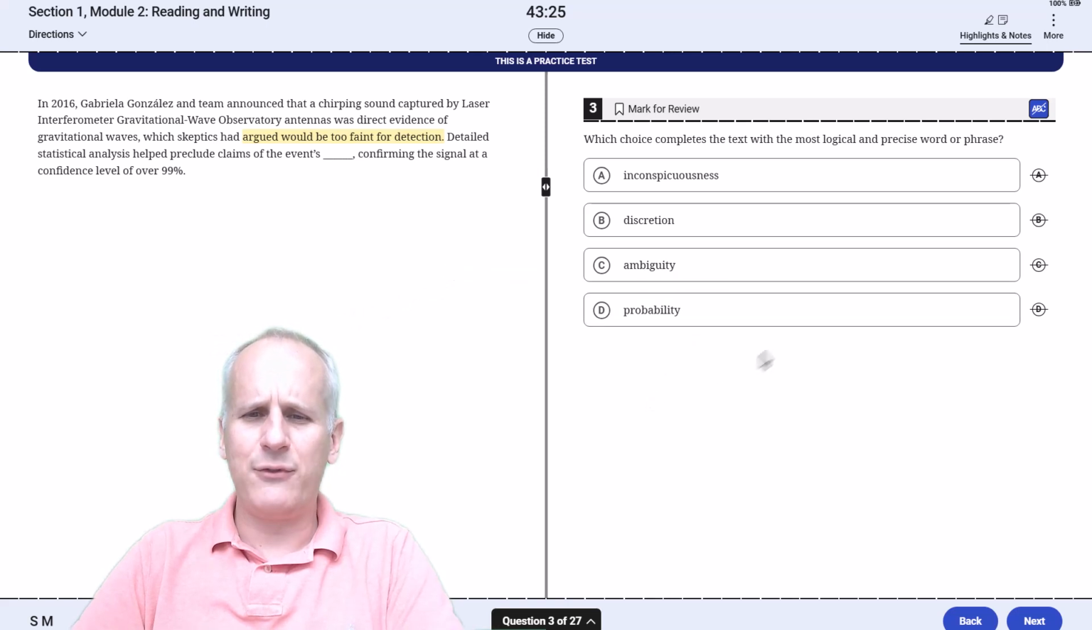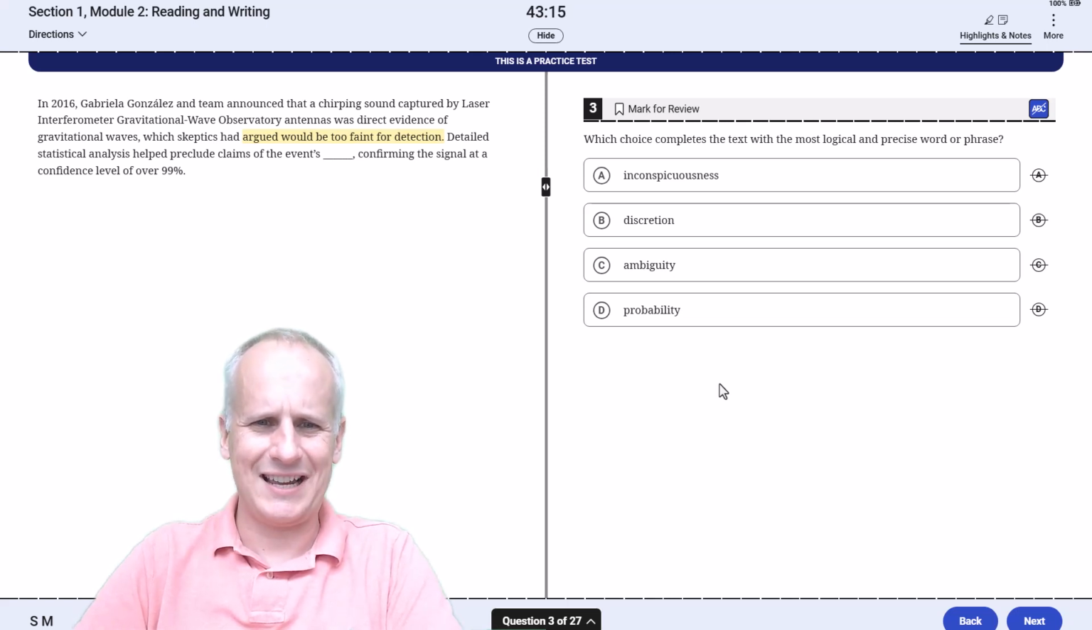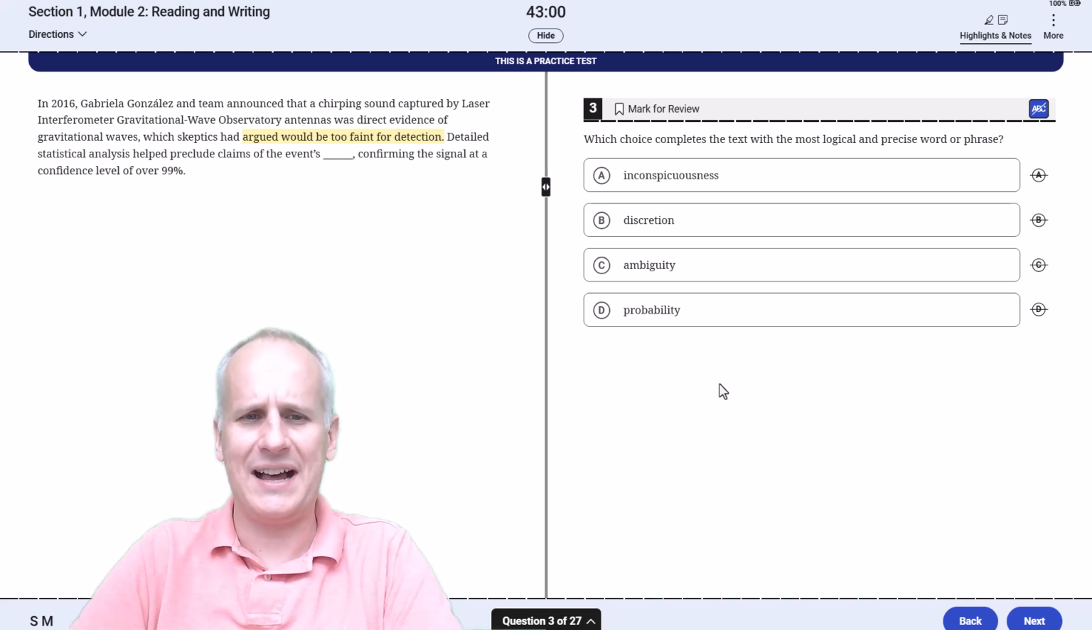detection. So if we're looking at choice A, inconspicuousness, that means that it's not blatantly apparent. That doesn't necessarily mean too faint for detection. It's going to be a bit of a misuse in context of the subject as well. You would probably read inconspicuousness back in, but again, it's not saying that it's too faint for detection. If it's just inconspicuous, it still could have been detected. So we're going to eliminate choice A as, again, not hitting on that piece of explicitly being too faint for